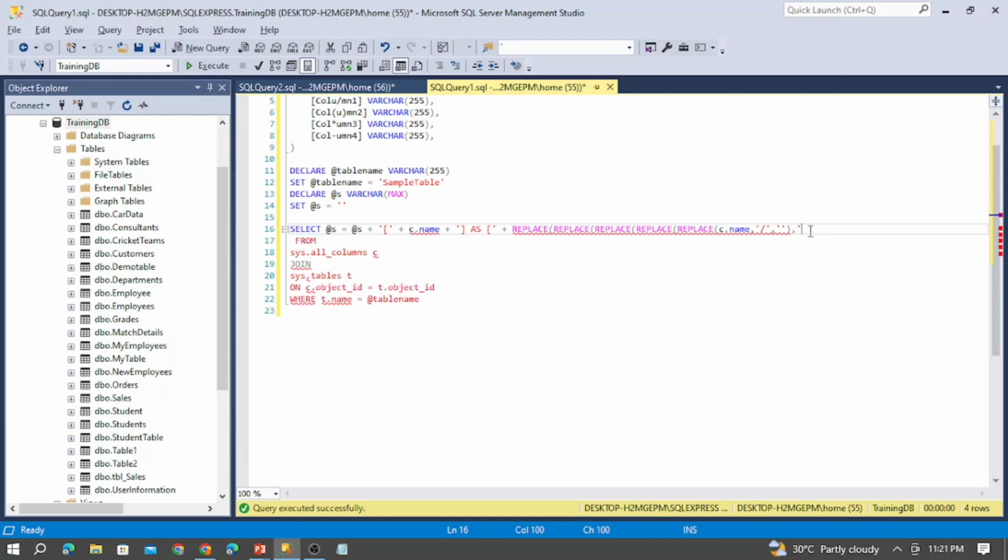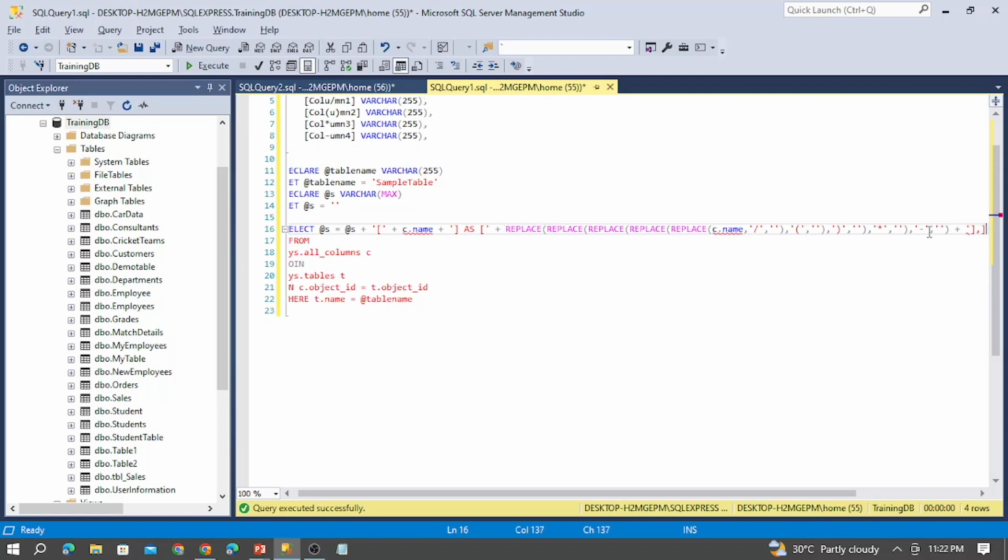So here again I am going to provide, if it contains an open bracket, I need to replace it with the empty string, again for a close bracket, and then for asterisk. And finally a hyphen. I need to replace this with an empty string, and once all the replace commands have been completed here, I am going to end this with a close bracket along with the comma. This is going to separate all the values for me. So here I have provided the